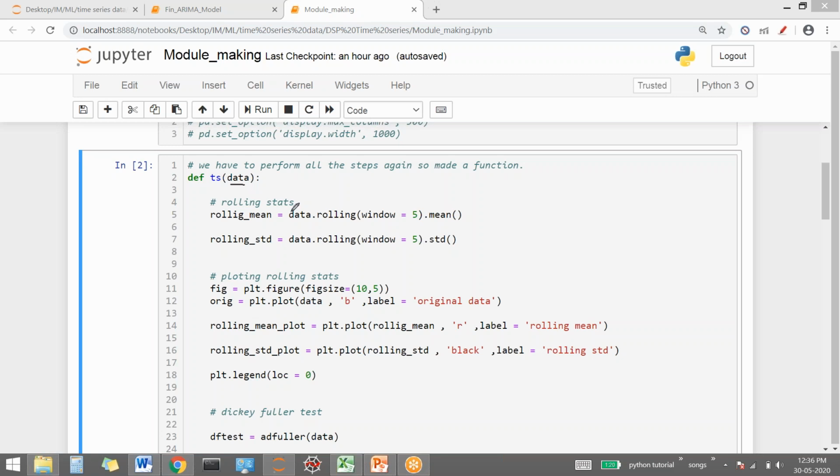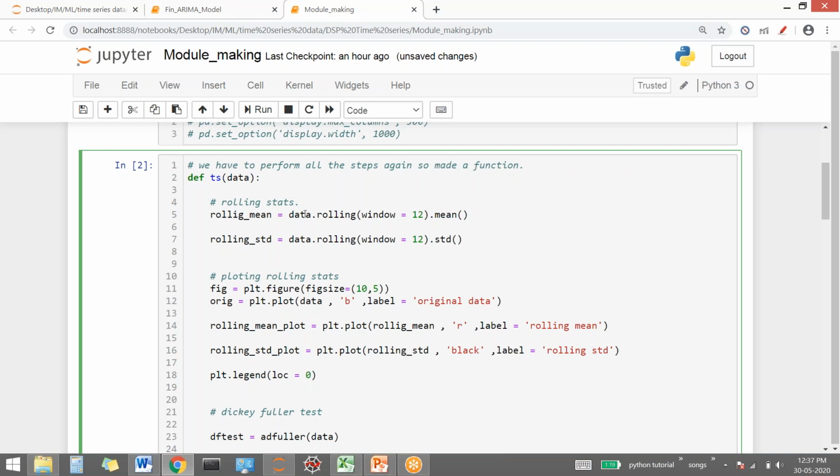So I want to see the rolling mean. So in the latest version, data dot rolling. This rolling is the function name which is available to this data, and you specify the window size. Let me remove this, because we have monthly data, so I need to specify the window size as 12 here, not 5. Okay, window size of 12. In yours also 5 might have come, just change it.